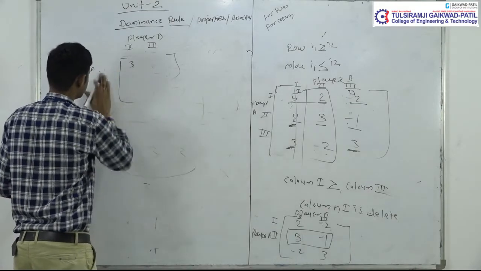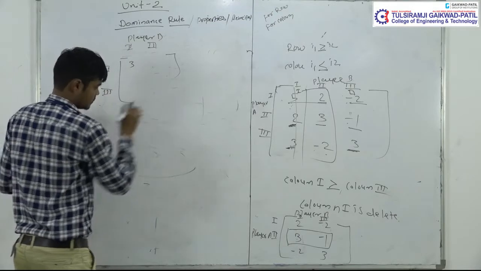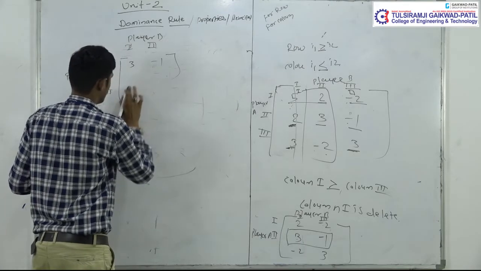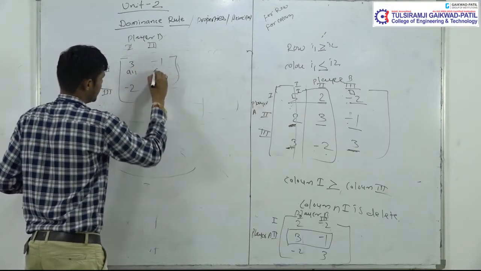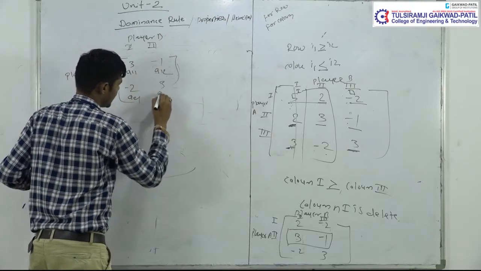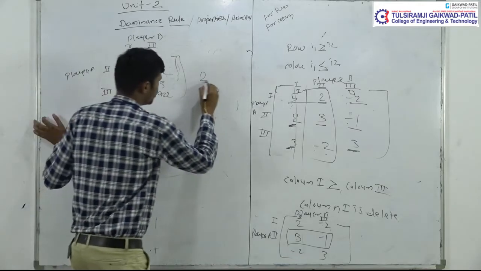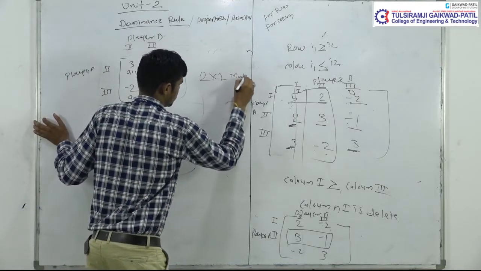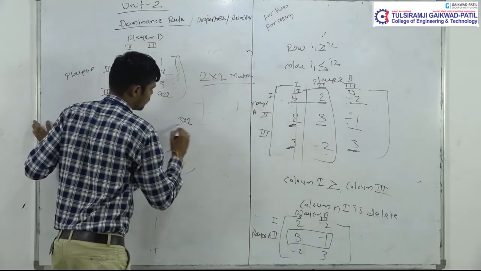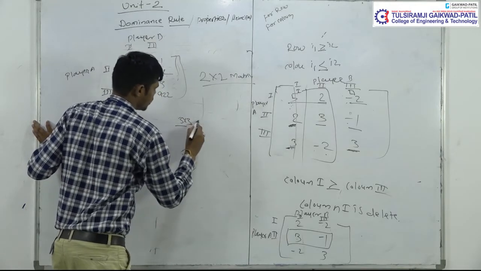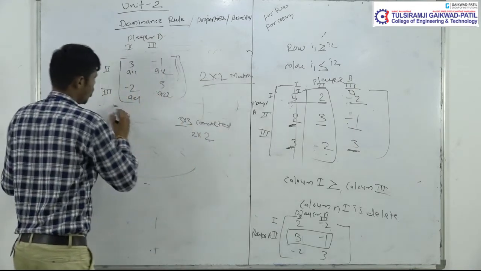That is a solve for matrix: minus 2 and minus 3, 3 minus 1 and minus 2 in 3. That is to consider A11, A12, A21 and A22. Then solve this problem. The problem is converted into a 2 by 2 matrix by the rules of dominance. Convert the 3 by 3 matrix into a 2 by 2 matrix. That is the proof of this solve.